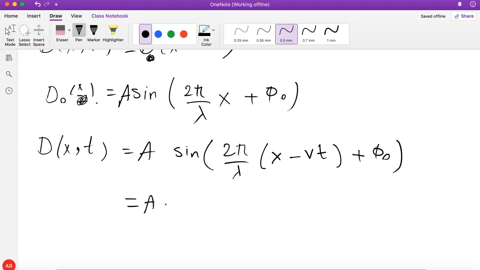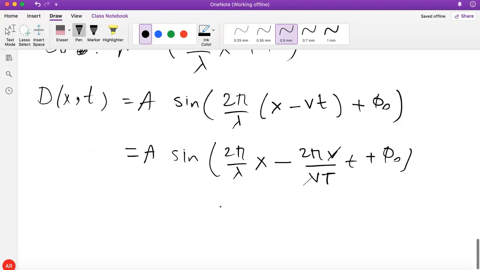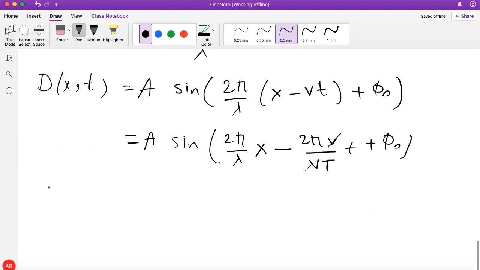So let's expand this out. 2 pi over lambda times x minus 2 pi. I write lambda as v times the period, the capital T, and then there's a v upstairs which cancels out. So our general function of x and t that describes a sinusoidal wave moving to the right in a one-dimensional medium with constant speed v can be written as